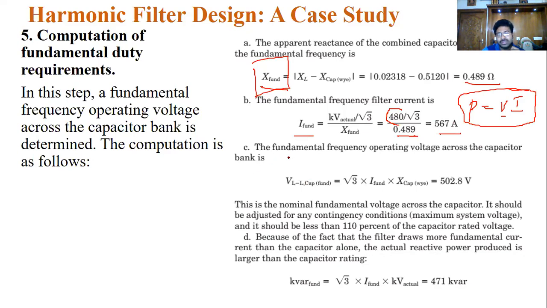So now what is the third point here? We are going to design the operating voltage across the capacitor bank. Here you know the inductance value across the capacitor under fundamental frequency, 50 Hz range. So what is the current across the filter at the fundamental frequency? Remember, these are under normal working conditions. So you know those values, then only you are going to design a filter value.